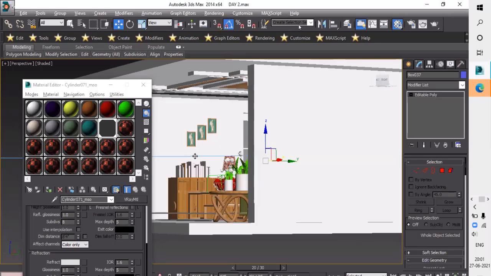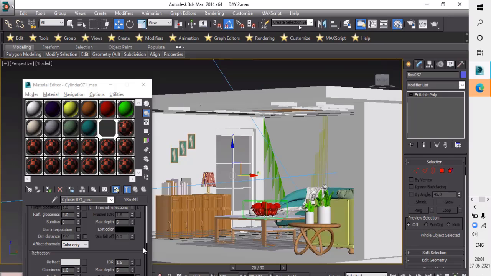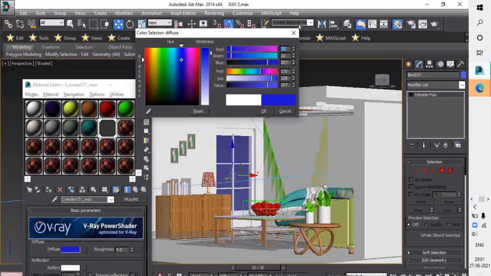Now you can make the glass as per your color requirement also. If you want glass in your color, go with this. I want this color, so you can see blue glass here. Okay, when I want pink glass, then take the pink color. But now we will get white here.